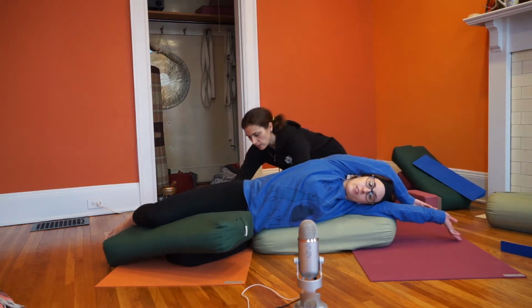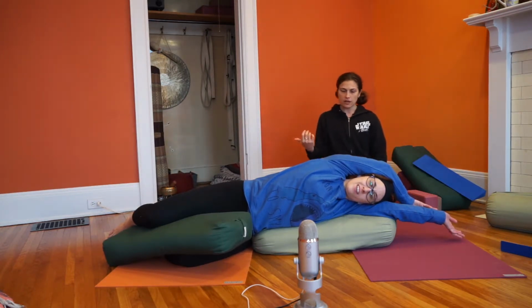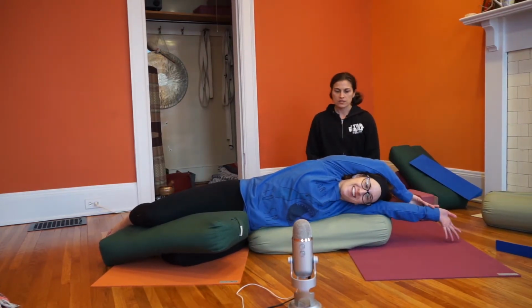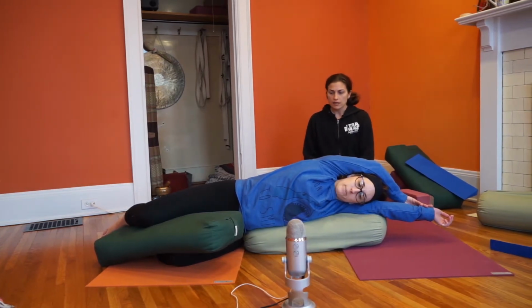You could even say, okay, I'm noticing maybe there's some effort here. So you could keep something in your butt area there, then you're not going to fall back. You guys can't see behind her, but there's a blanket there. So there is a little bit of effort to be in the pose, but